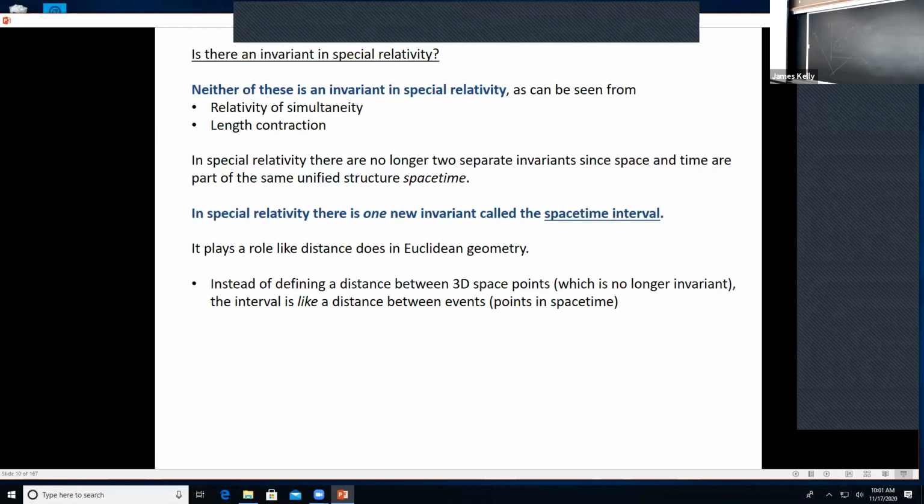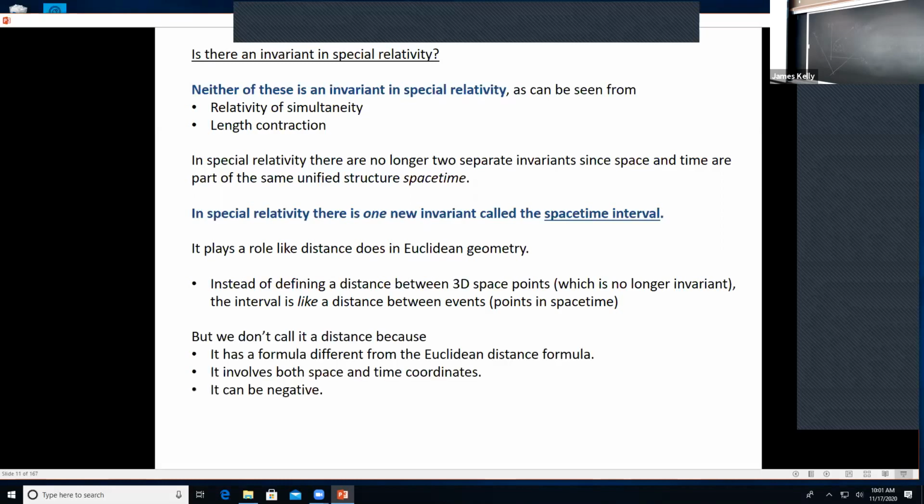Okay? It plays a role just like distance does in Euclidean geometry. So it's that thing that you can calculate using those x, y, z, t coordinates for two events, and you're going to get the same number no matter what IRF you're using to generate the coordinates, okay? But we don't call it a distance. You might be tempted to just say, oh, it's a special relativity distance, but there's a good reason